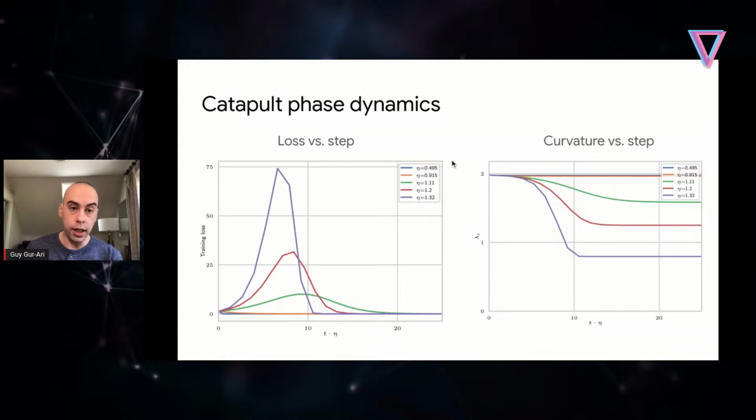Okay, so we have a model. Let's look at some more detailed dynamics of this model and compare it also with the results we've seen before. When we look at the training loss as a function of step, we see the same thing we saw early on. When we train with these large learning rates, we see the loss blowing up and then converging. And now we understand why. It's because this is the part where the function is growing exponentially and curvature is decreasing. And then once curvature is low enough, we have convergence. So we understand why this is happening now from the theory.